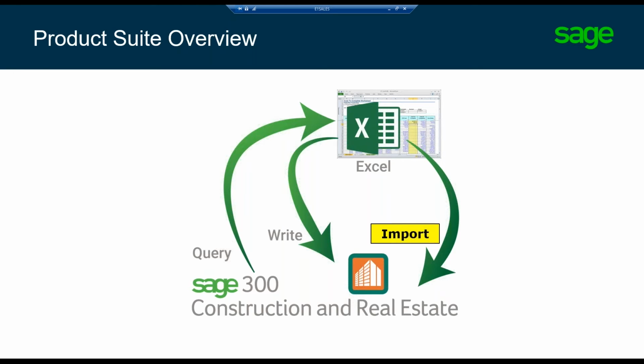And so rather than manually entering it in Sage and then having to run a report to make sure you did it right, this technology has the ability to put it back into Sage and honor Sage's business rules,